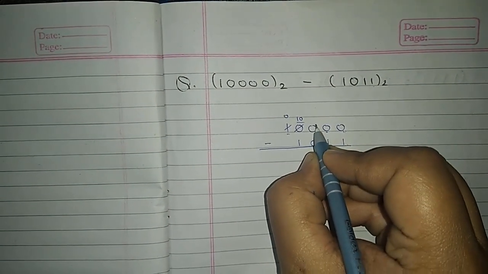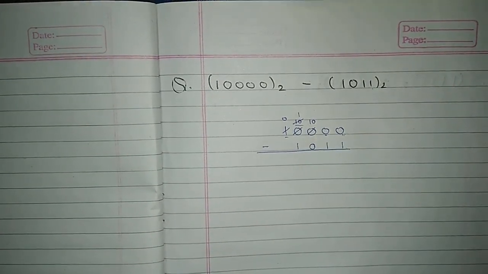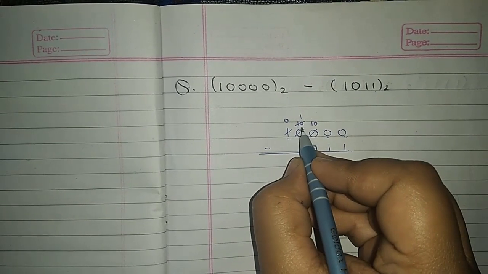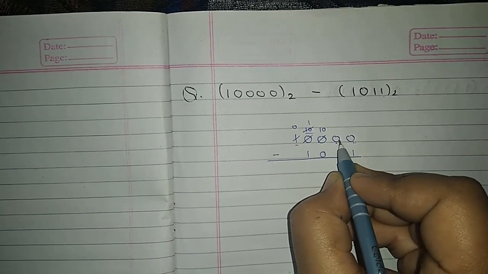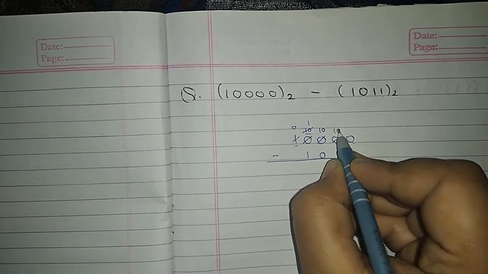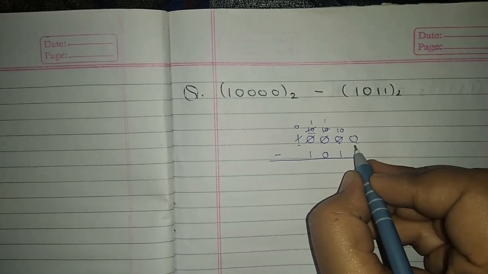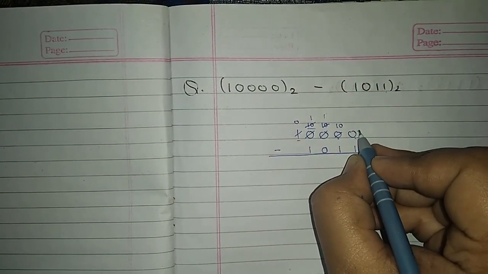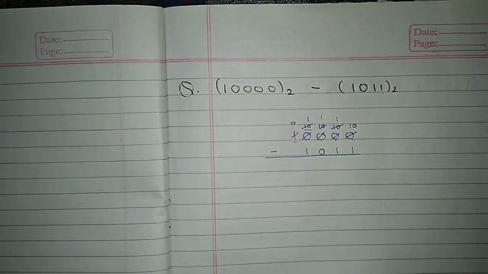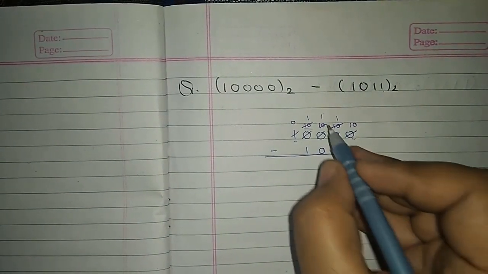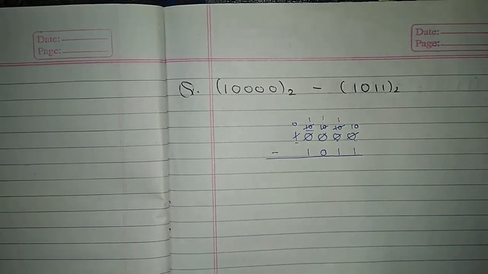When you do so, this 0 will be converted to 1, 0 and this 1, 0 will be converted to 1. Fine. It is because this 1, 0 is made up of 1 plus 1. Then again we have to take a borrow for this 0. When you take this, it will be converted to 1, 0 and this 1, 0 will be converted to 1. Similarly for this last 0 also, when you take a borrow, it will be converted to 1, 0 and this 1, 0 will be converted to 1. Fine. So now our number is 1, 1, 1 and then we have this 1, 0 over here.